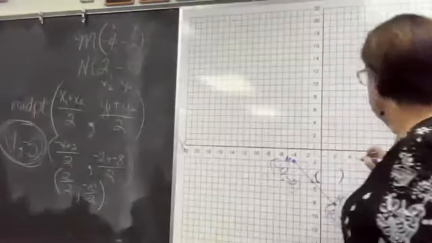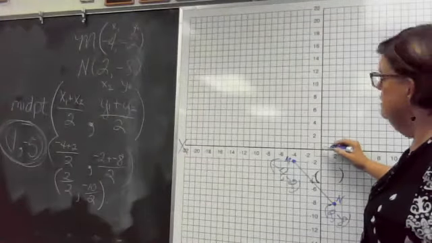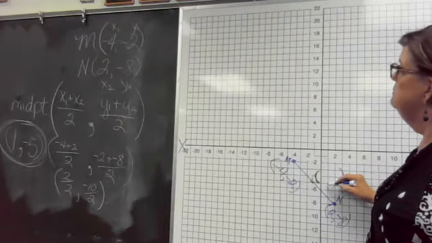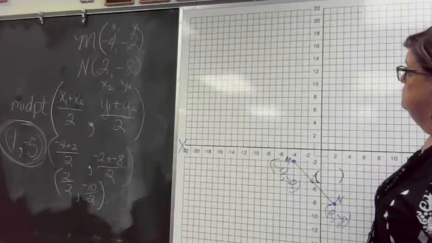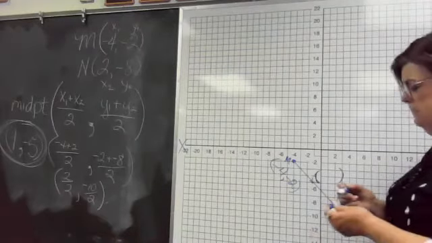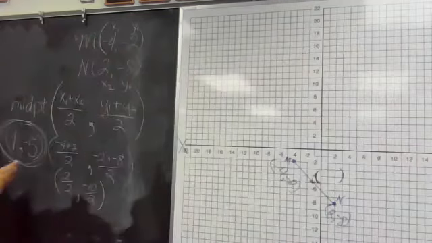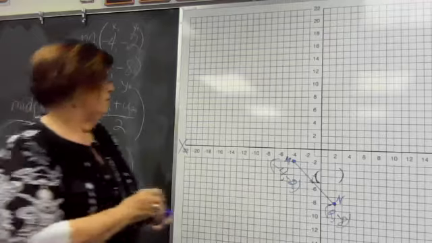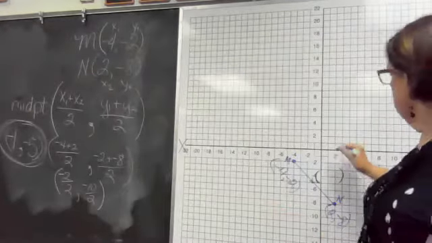So if I graph that point, I have 1. Uh-oh, Deborah's done something wrong. Negative. There it is. Okay. The negative. It's a negative. -4 plus 2 is a -2, Deborah. Okay. Try again. So the midpoint should be -1,